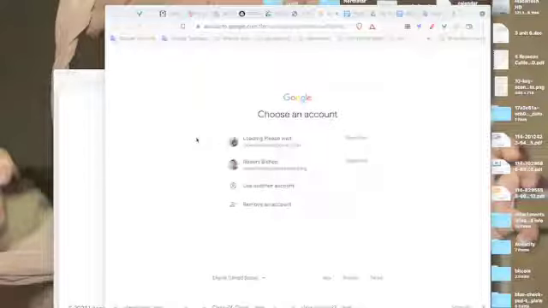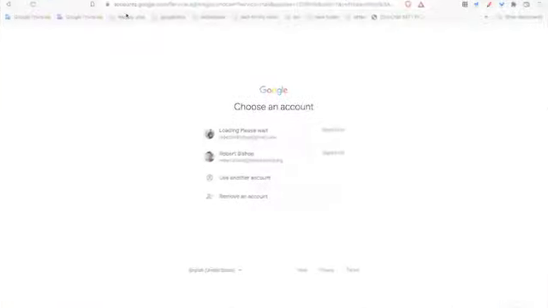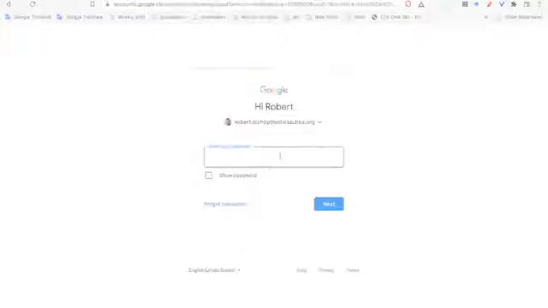Okay, one of the first things I want to show you is how to open a Google Doc, and hopefully by now you already have an account. So I just sent a Google Doc to myself from my private account to my school account. So I'm going to log into my school account, enter my password,